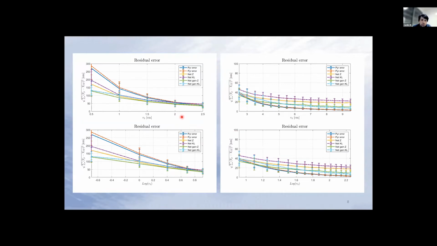And this is a zoom of the image. In the left image, we have all the parts where the neural network was better than the pyramidal reconstruction. This is for 2.5 centimeters of R0. And for the high values, we have a better reconstruction in the pyramidal system because we are under the linearity, considering the modulation. But it's a very good